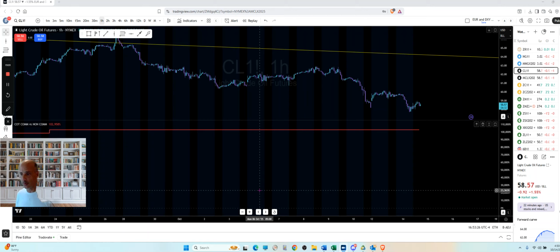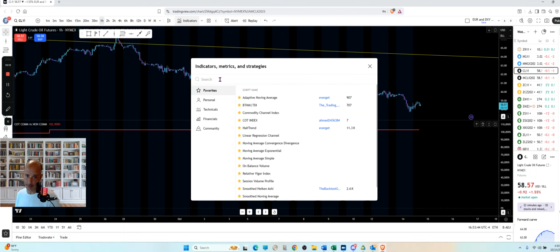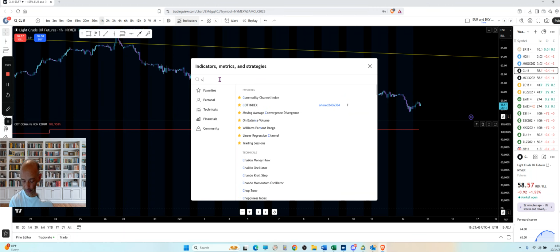And I don't want to muddy the waters here. So this is another TradingView COT indicator. So we're staying on commitment of traders here, okay? There's an indicator, you can see it right here. It's called COT, commercial versus non-commercial. And if you go to your indicators and you just type in COT, you will find this indicator.